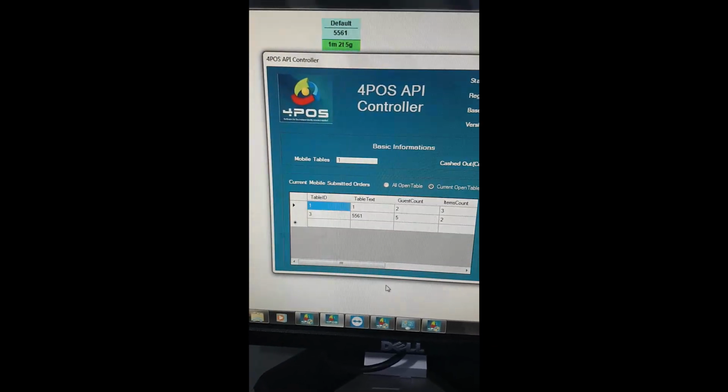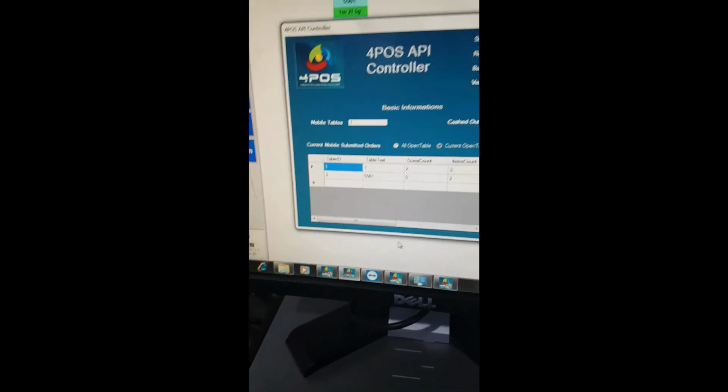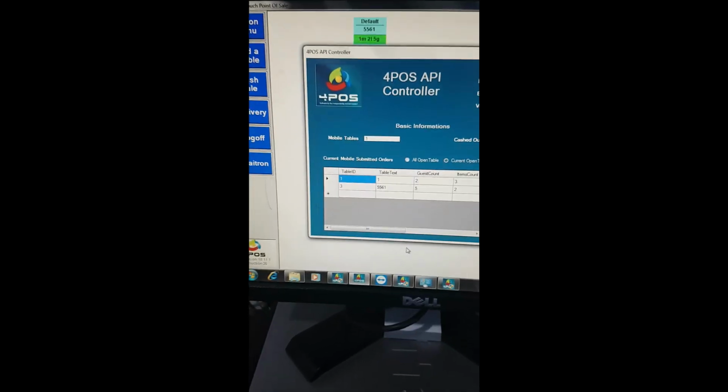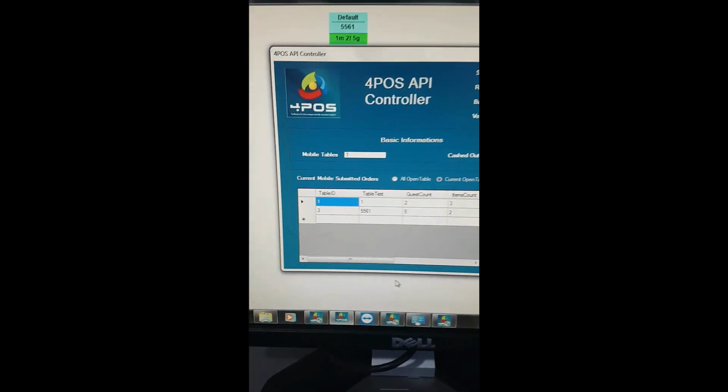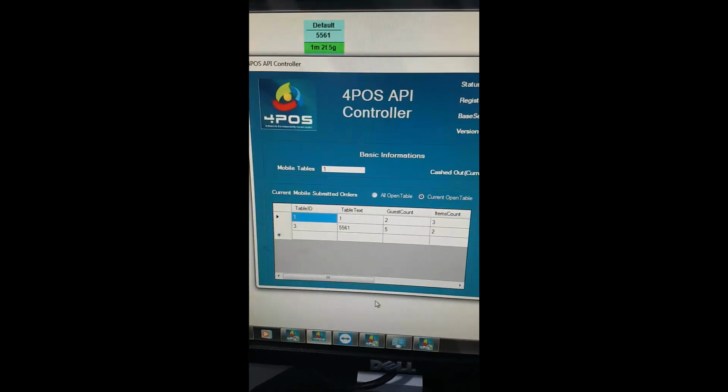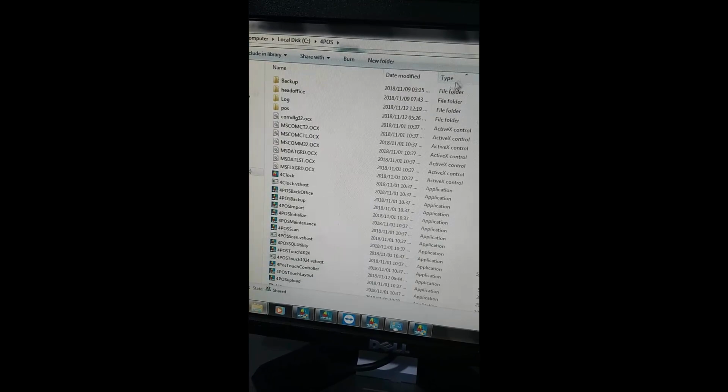Alright, so this is more the technical side of it. Let's run through that quickly. As I said earlier, or maybe in the other video, there's a 4-pass API controller. Just to quickly show you on the computer side itself, it's part of the new 4-pass upgrades. In the 4-pass folder, I'm just going to click it on type, and you'll see there's a touch controller over here, which is the program that basically controls the whole process in terms of the mobile device